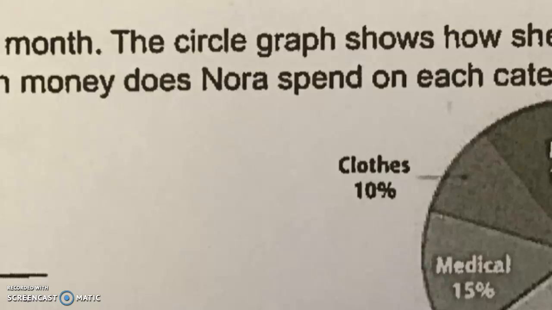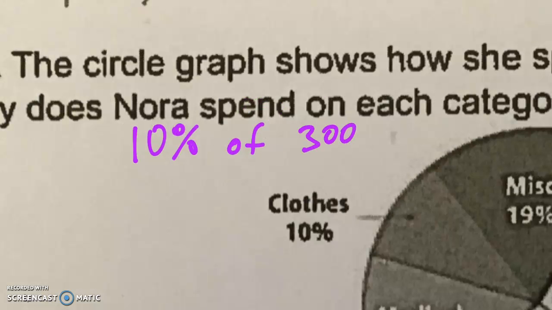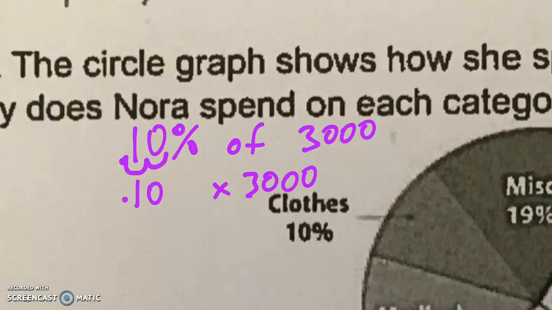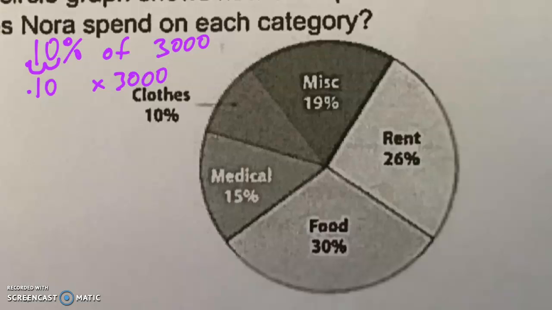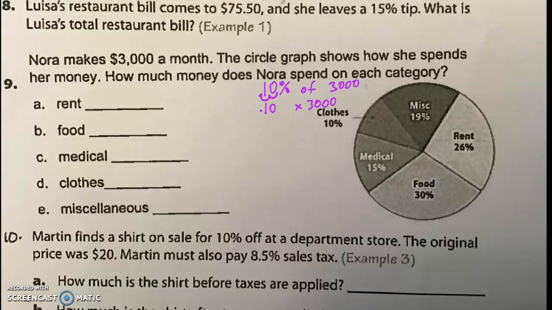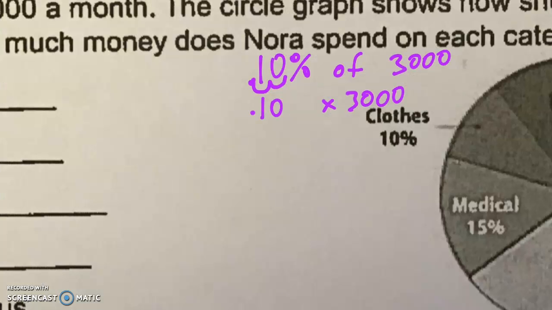Like clothes, you could do 10% of 3,000. Change that 10 to a decimal, multiply it by 3,000, and that would tell you what the clothes are. You could do that every single time. But if you look at the circle graph, they're all whole numbers. It's 10%, 19%, 26%, 30%, 15%. So I wonder, maybe if you were to find out what 1% is of 3,000,